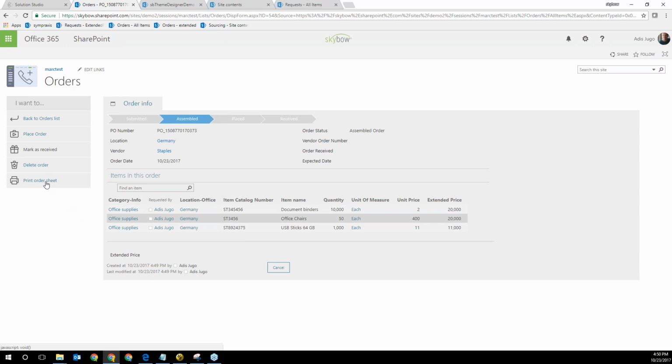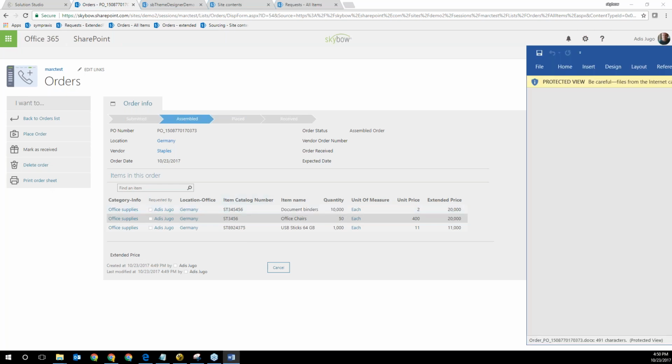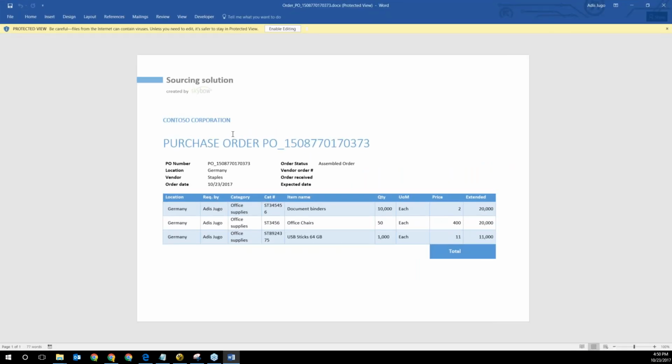This is also one of the parts of the Skybow functionality. We can generate reports and documents based on your SharePoint data. As you see, this is my newly assembled order. Total has not yet been calculated in the background, but I actually created a report based on this one.